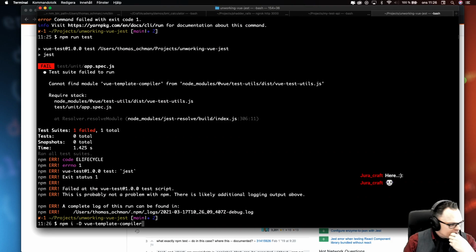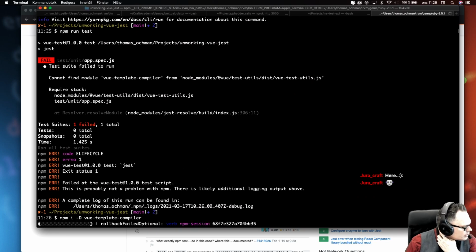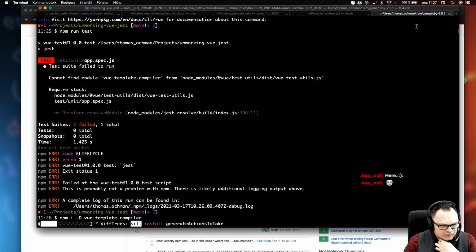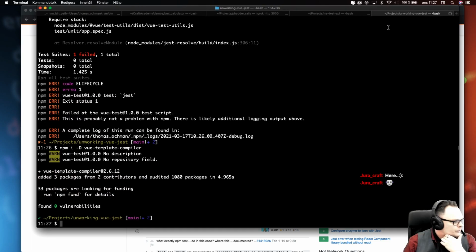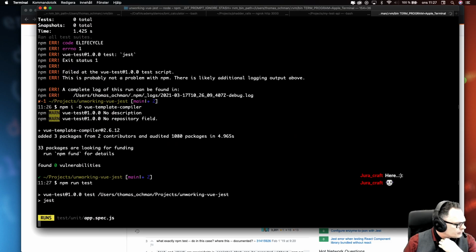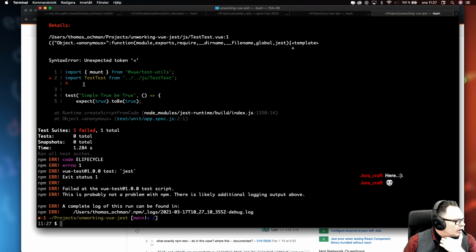What is that, a dev dependency? I don't know. Well, it's test utilities. So let's add that as a development dependency. Okay. And now we're gonna run this again. And now we're getting the same problem